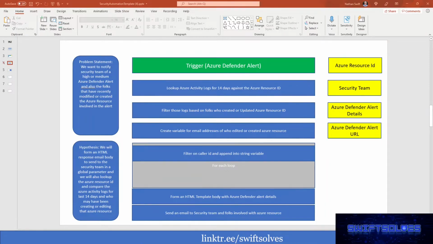So what we have here is the security automation template that we filled out for the security automation that we're going to build for Azure Defender. So an Azure Defender alert comes in, and today we're going to be focusing mostly on this aspect, the action of looking up the Azure activity logs, looking backwards for 14 days on the Azure resource that was involved with the alert, and getting some more information about the audit logs of who was creating the Azure resource or modifying